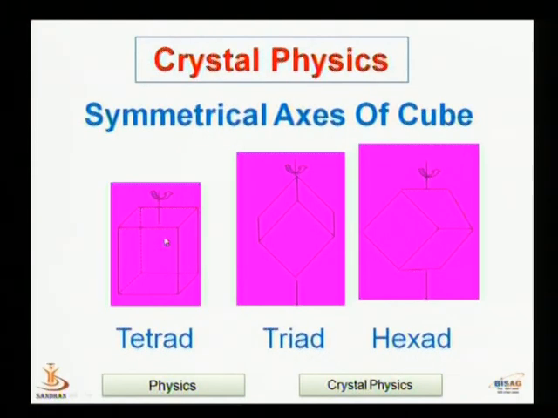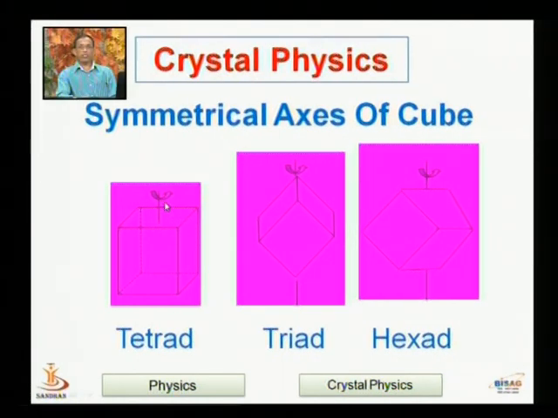Here in this diagram we can see that the axis passes through parallel faces. So this axis is known as the tetrad axis. If we give a rotation equal to 90 degrees, then the crystal system remains invariant, or the shape remains unchanged. It is similar to the prior condition. So the axis is said to be a tetrad axis. In the second figure, if we hold this system from a pair of diagonally opposite points and rotate the crystal system or object by an angle equal to 120 degrees, then the object remains unchanged. So this axis is known as the triad axis.